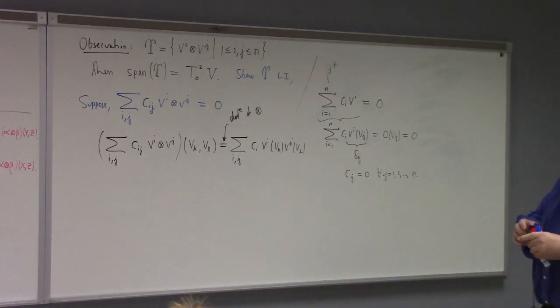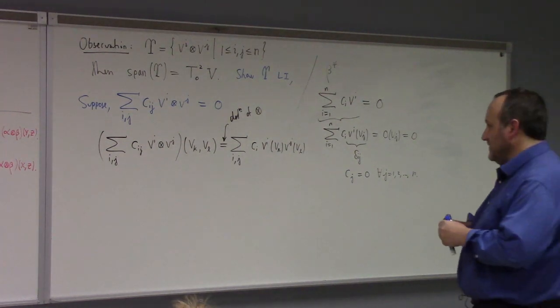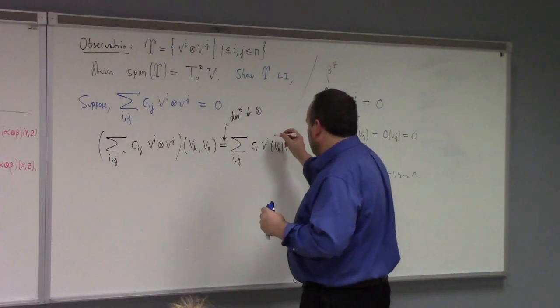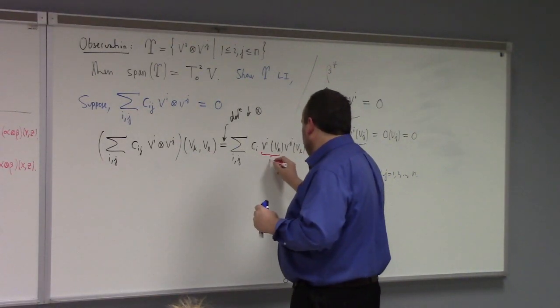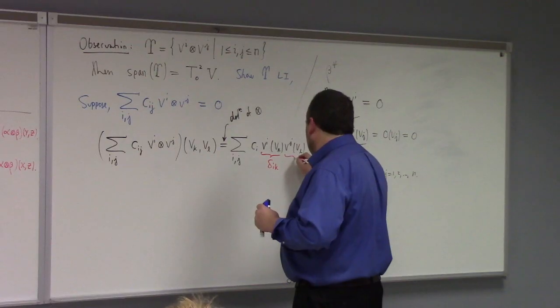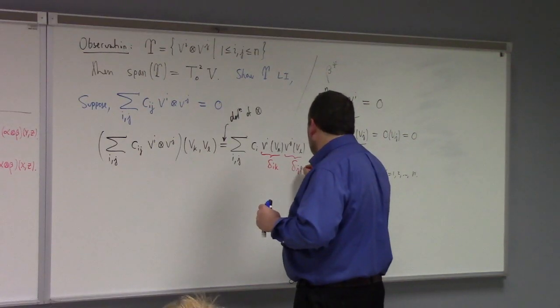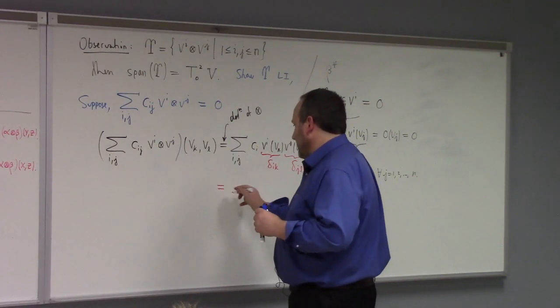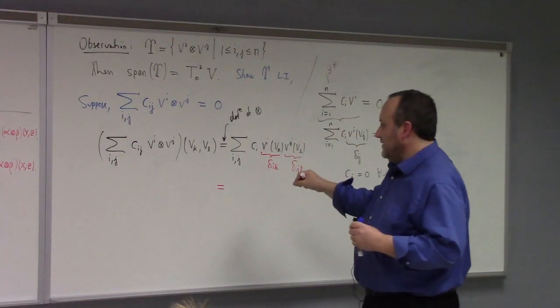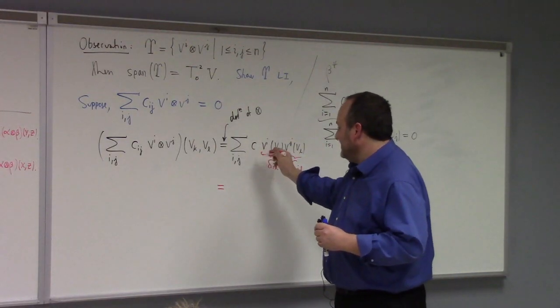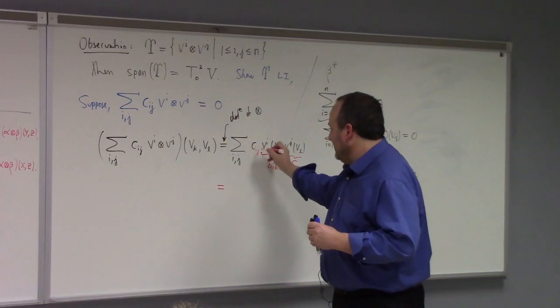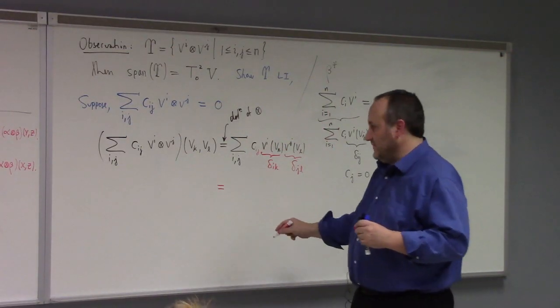But those are both, by definition of dual basis, what? You got yourself a Kronecker delta ik, Kronecker delta jl. So both of those summations collapse. And that was supposed to be a c_ij, right? Duh. So the i and j go away, and we're just left with